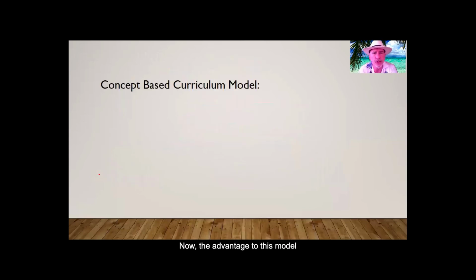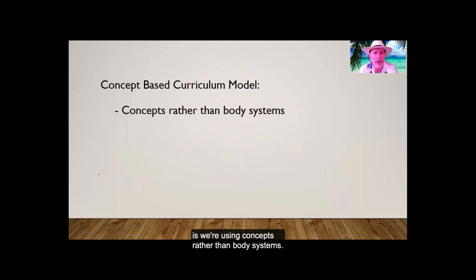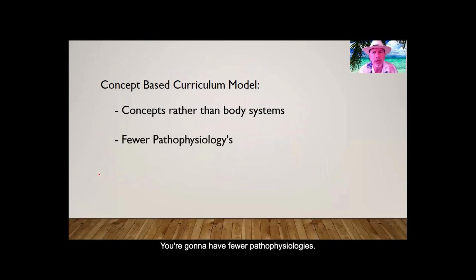Now, the advantage to this model is we're using concepts rather than body systems. The concepts could almost be interpreted as like the signs and symptoms of the patient, but that's what we as nurses work with. You're going to have fewer pathophysiologies. Okay, this is where you can cheer. You're not going to be memorizing signs and symptoms and characteristics of 14 different pathophysiologies. I've tried to limit it to only 3 pathophysiologies per concept, but sometimes we have to